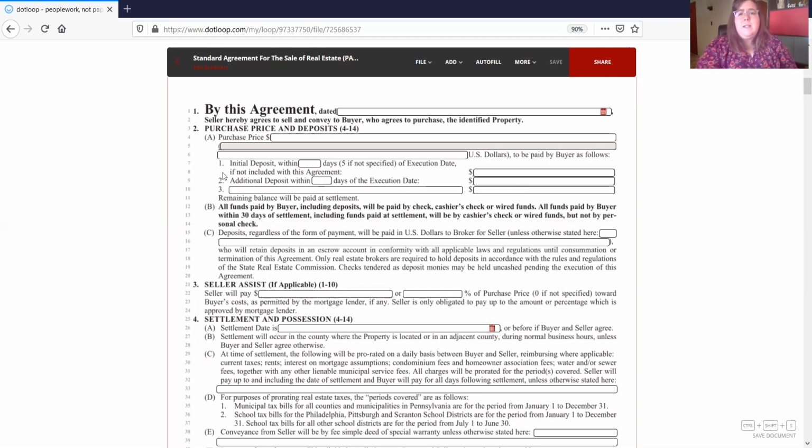The other thing I want to say here is you can strengthen your offer here to show the sellers that, especially if you're competing and you want this house, you love it, you might want to consider upping your deposit to $5,000 or even $10,000 or anywhere in between. This is basically your skin in the game. So obviously the more you put here conveys to the seller, the less likely you will be the one to